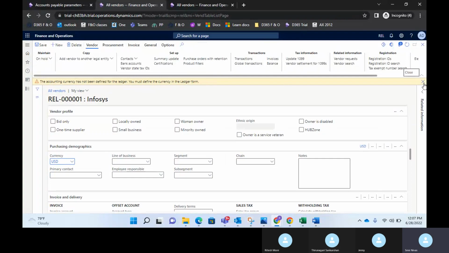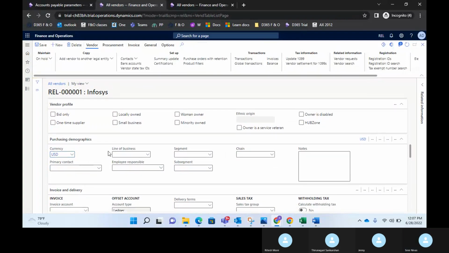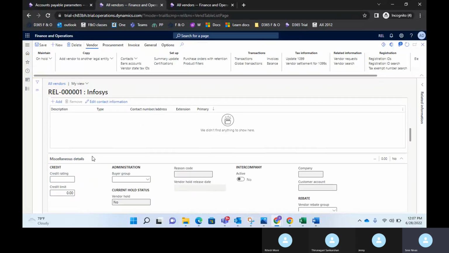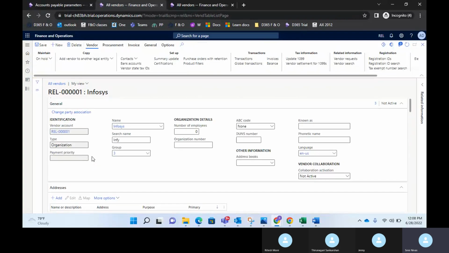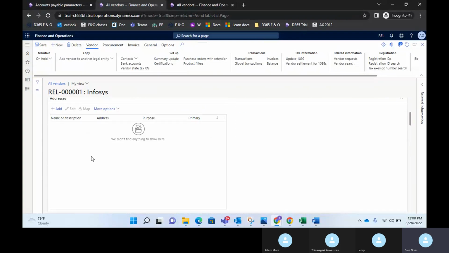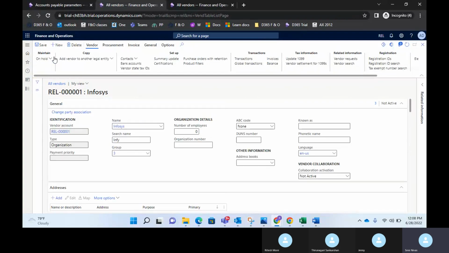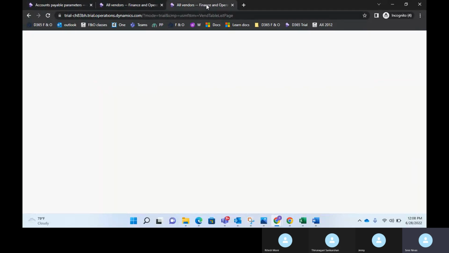So we'll have to do the general ledger setup. Then only it will allow us to create the Infosys vendor account here. But anyway, I just wanted to show you the vendor account. So this was earlier. Now we'll just quickly go to the